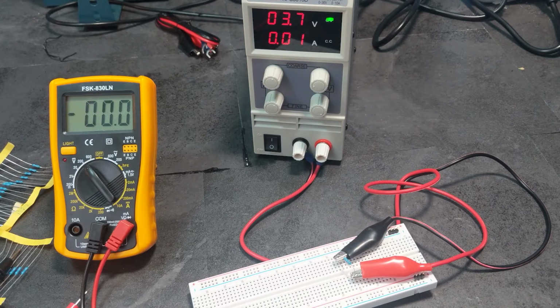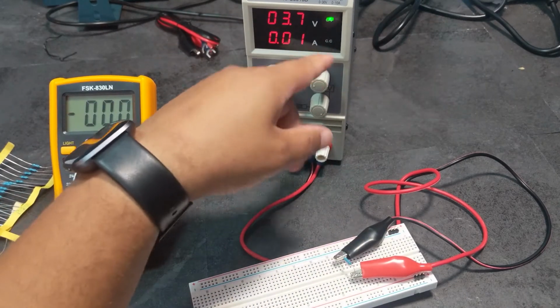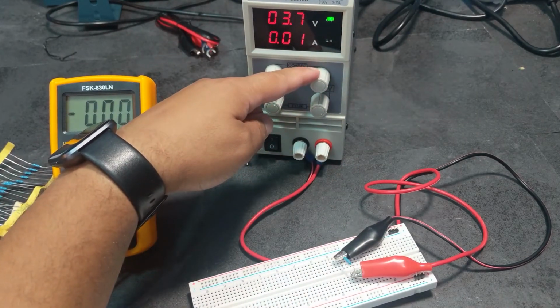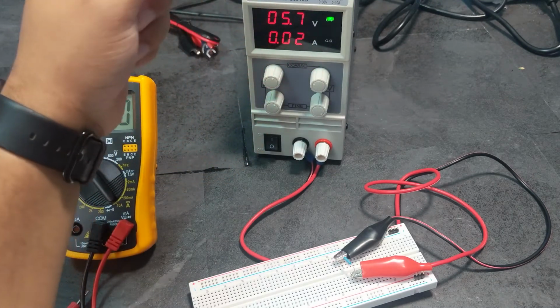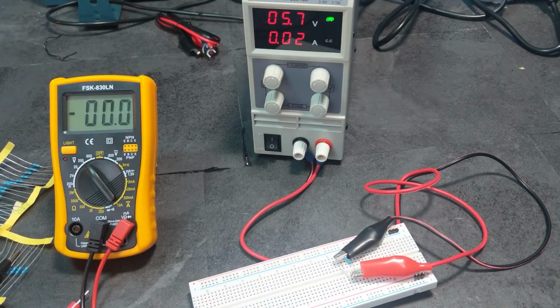Just making a loud buzzing sound. It's actually a screeching sound, which is actually quite annoying. It wasn't that annoying before. Alright, so at 3.7 volts. Let's go to 6 volts. Let's test it across it. So